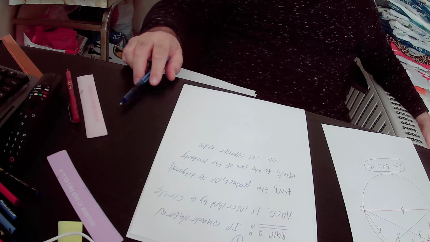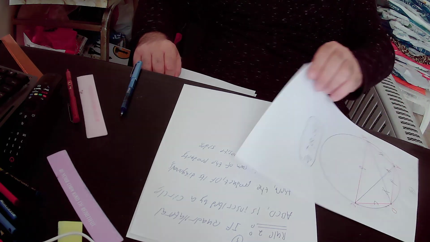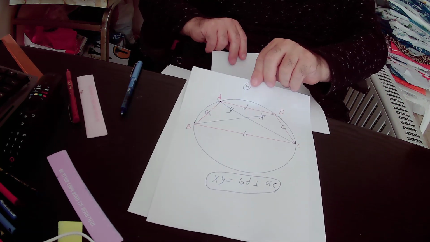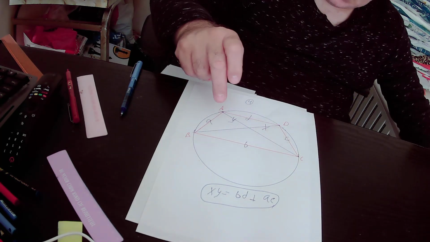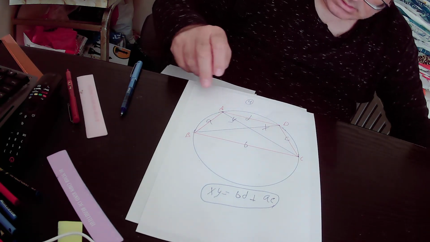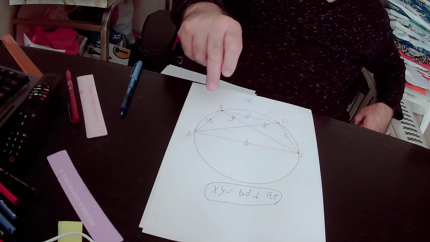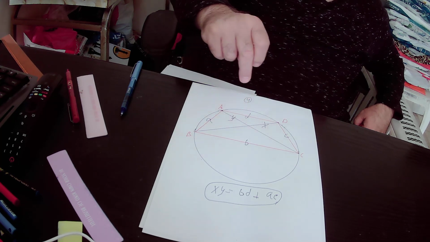So what is the meaning of rule number 2? The meaning is that if you have this quadrilateral ABCD, inscribed by a circle like in this drawing, quadrilateral ABCD in the red color is inscribed by this blue circle,